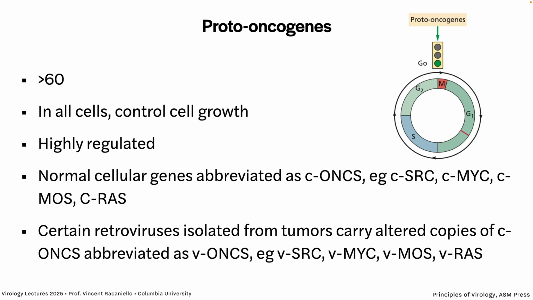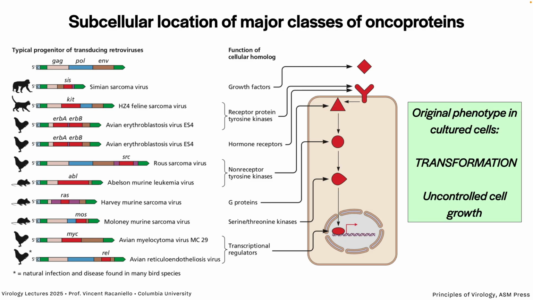And if you remember the cell cycle, the 24-hour cell cycle, there's mitosis there in red. We have a period of cell growth and DNA synthesis, and then mitosis. Proto-oncogenes control whether a cell will divide or not. They give the signal to the cell. That's one of the several signals that we're going to see today. So that's why they're highly regulated, because if they're expressed, the cell's going to keep dividing, and that's not good. So here's what the oncogenes do.